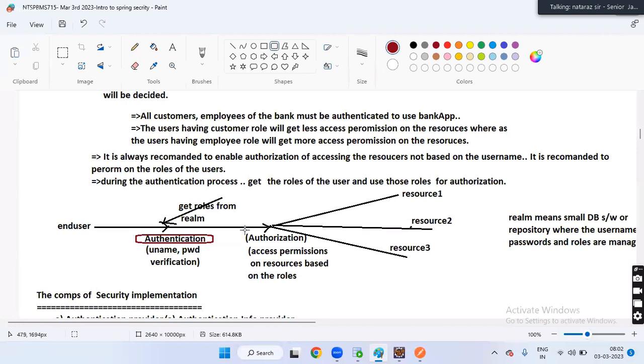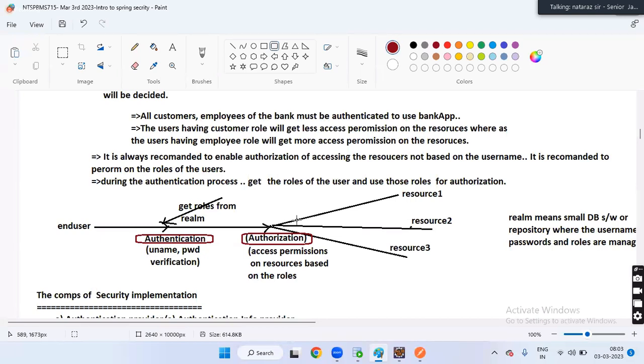If you are permitted, you will get access to the resource. If not, you will get an error. What is the error? 403 error. Understanding my statement, guys? 403 is the error.